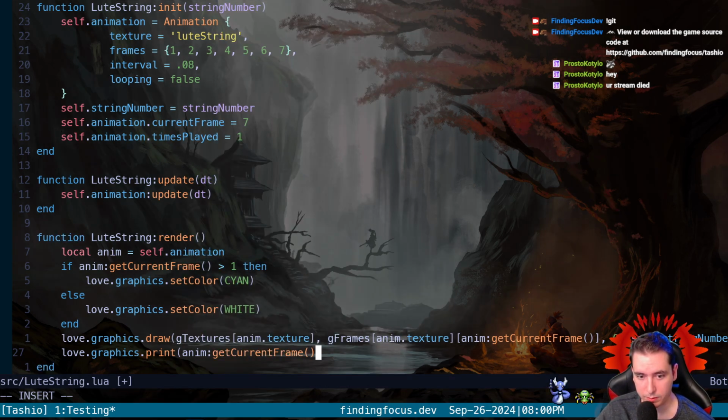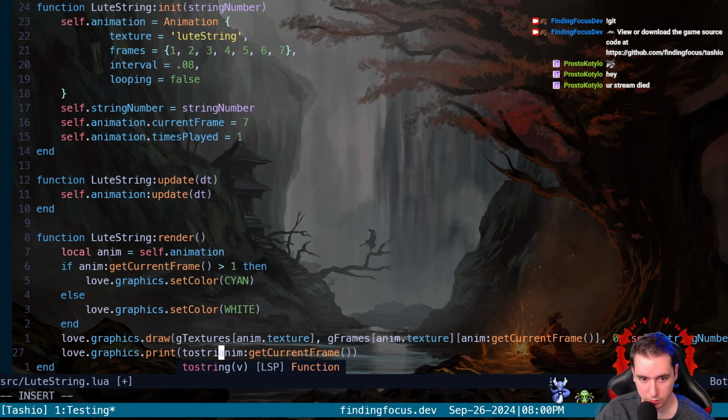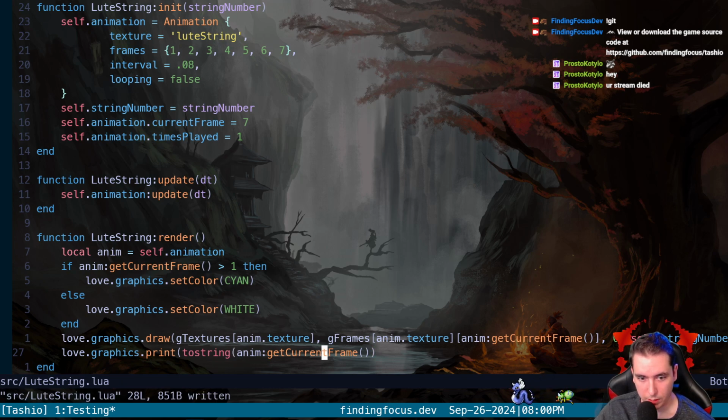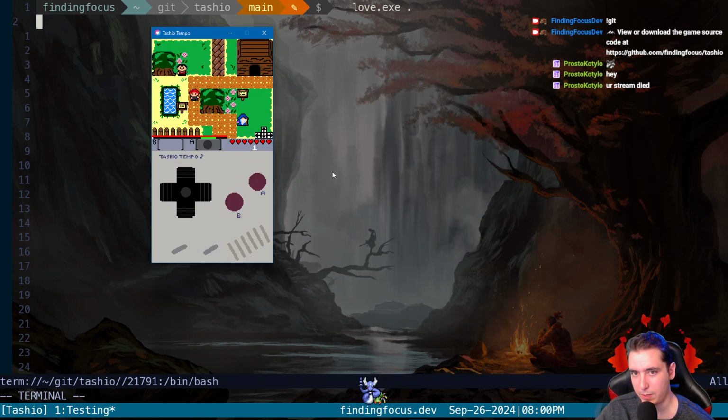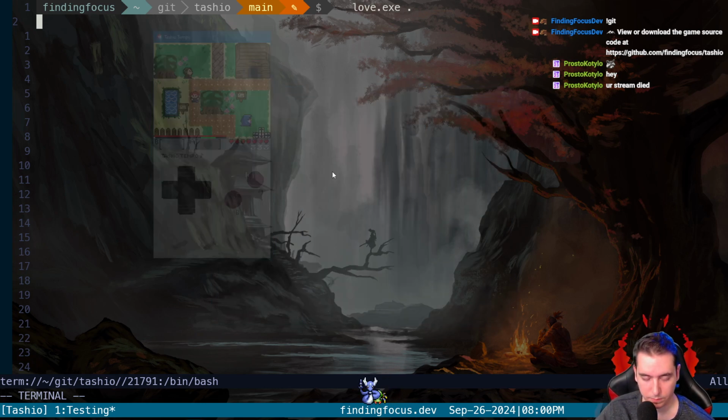We probably have to convert it to a string, so we'll run to string on it, and then we give it an X and Y right here. Just want to see what's going on with that.